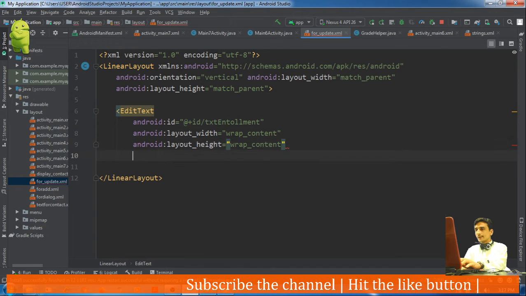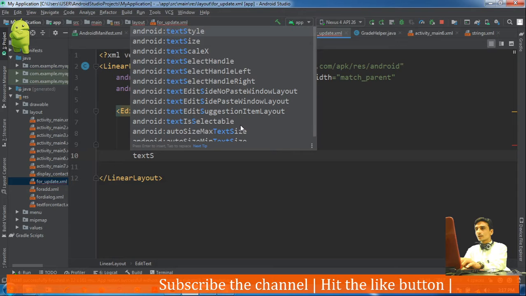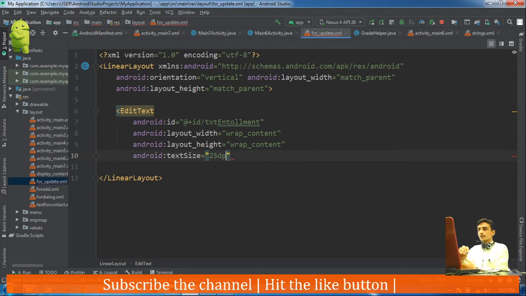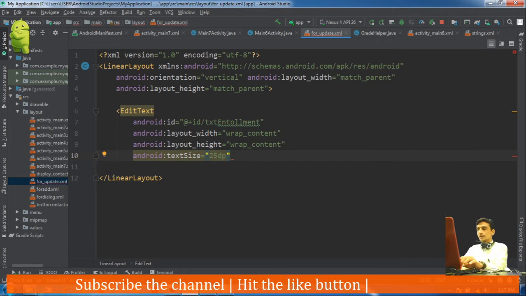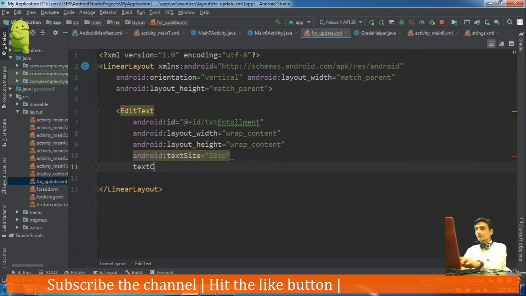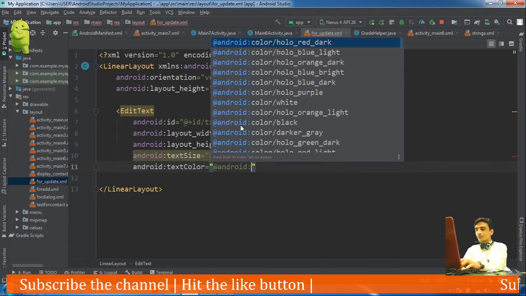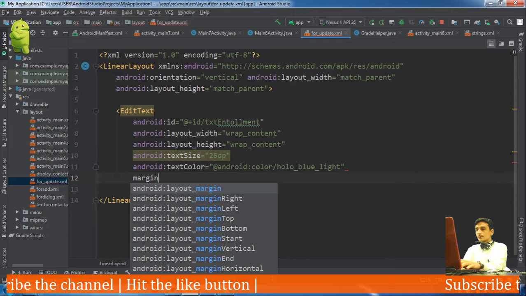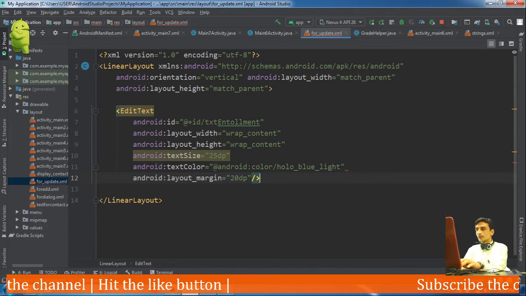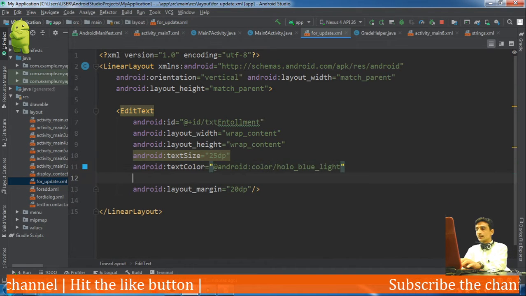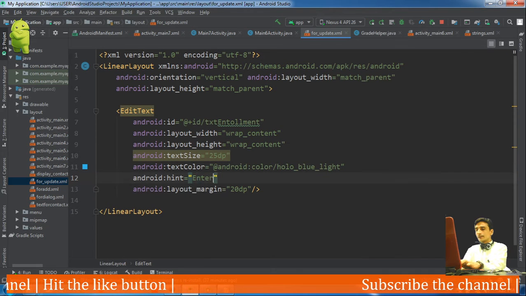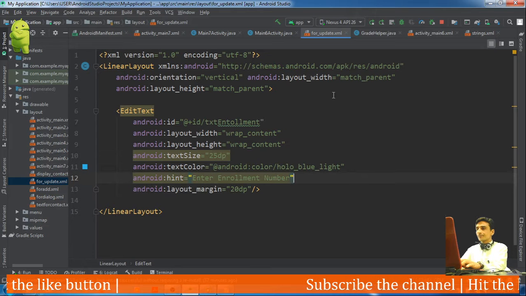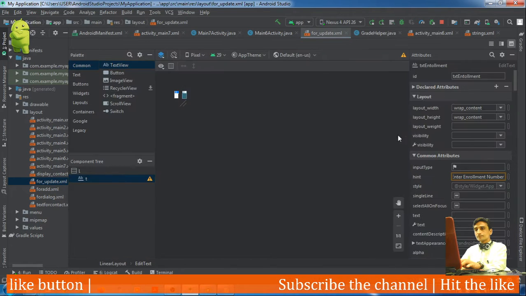Okay, then text size 25 dp, then text color blue, then margin 20 dp. Okay, and hint: enter enrollment number. Okay, let's look at it.